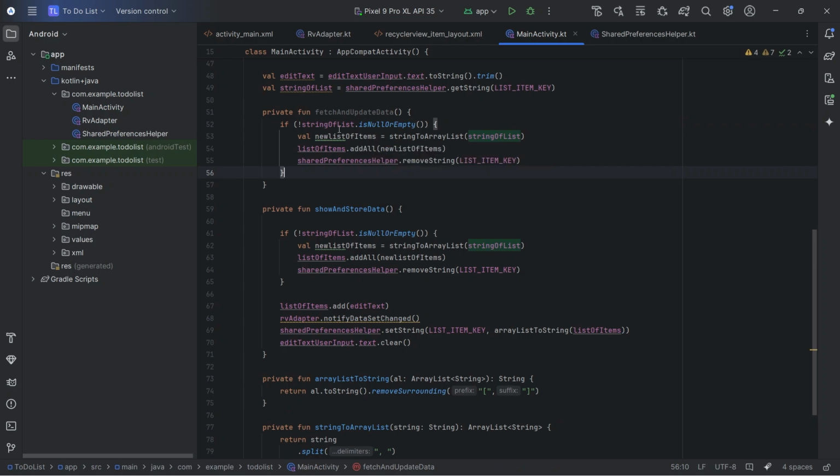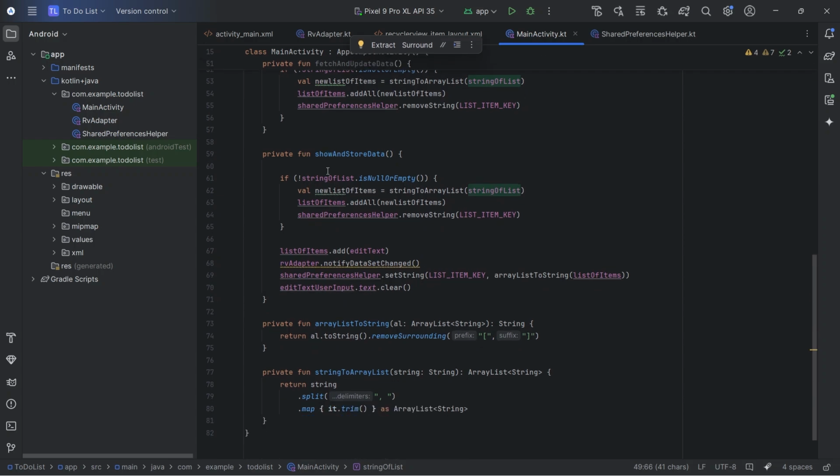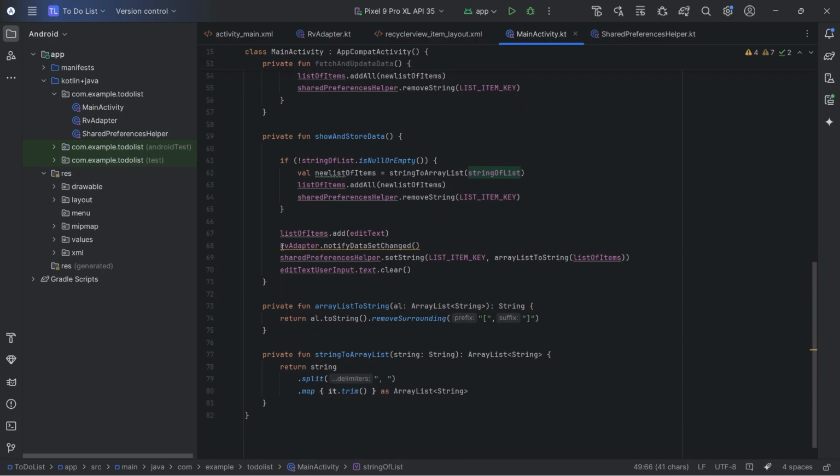So what it is doing is checking if the string of list variable is empty or not. If it is not empty, that means there is data in the shared preference, which is actually coming from here, and that will be updated here. Okay, and next thing we need is to